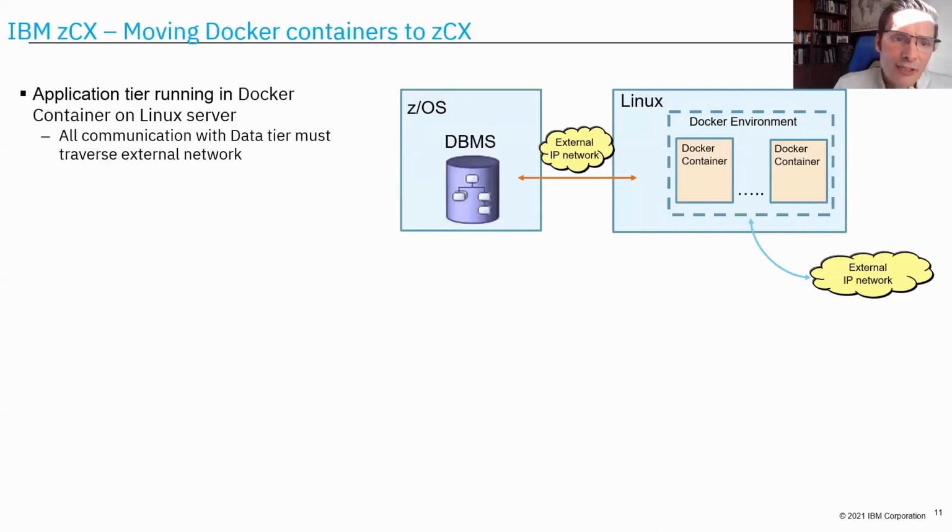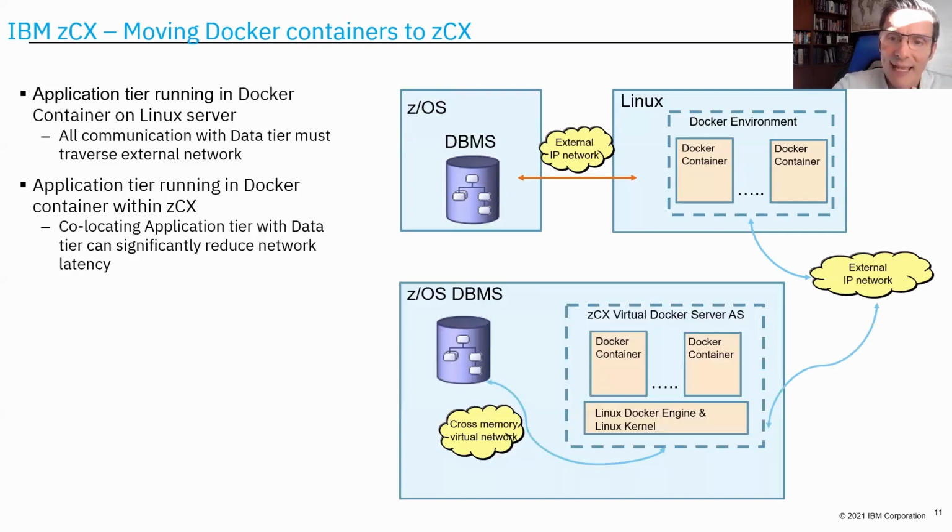Now, let's talk a little bit about moving Docker containers to ZCX. So today, when we have a zOS talking to Linux and then talking to an external environment, this is kind of what we talked about with the system of engagement and system of record. We have multiple network hops here that are taking place. If my external IP network on the right here wants to talk to my application, which is a Linux-based application, and then wants to talk to zOS, there's two network hops,